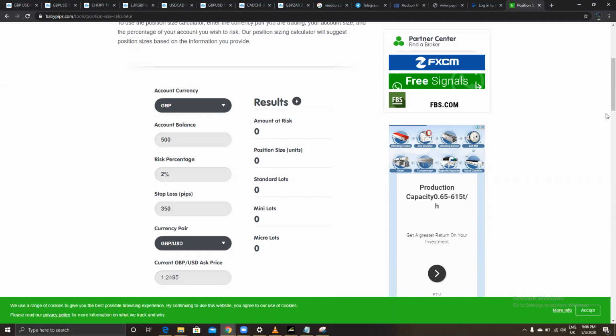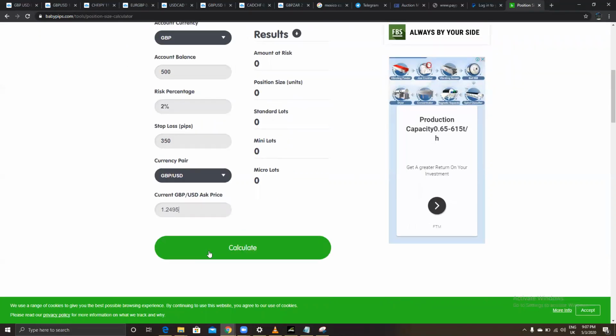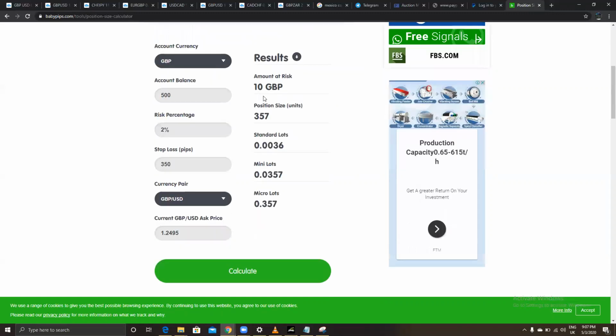Right, and then I do a calculation at the back of it. All right, so I can see that I can take a position of about 0.03. All right, the only broker that allows this kind of position, and the amount of risk is £10, is Oanda. Right? Oanda allows this 357 unit size position. Okay, so